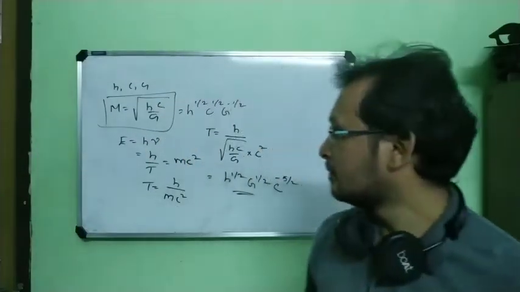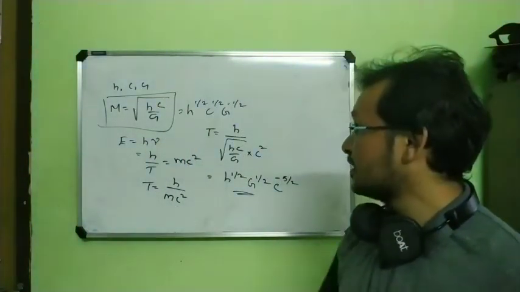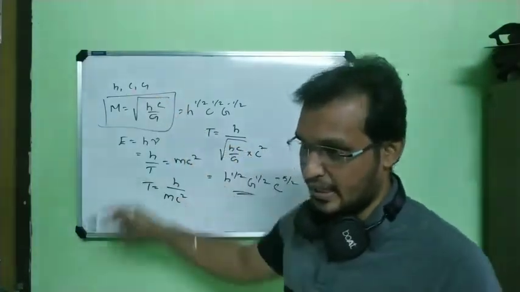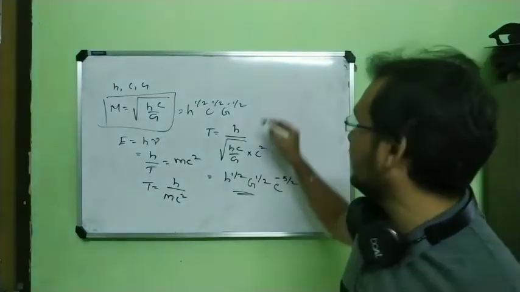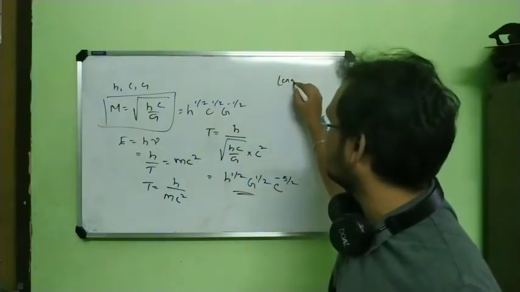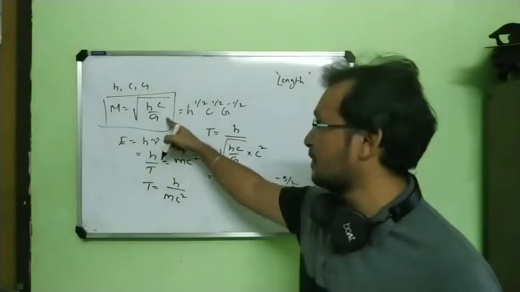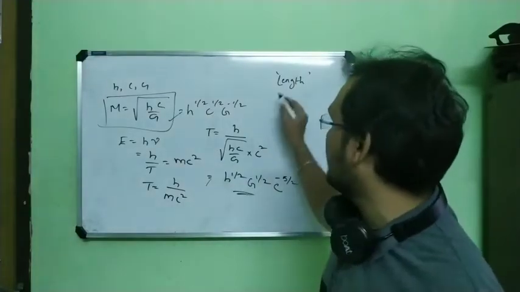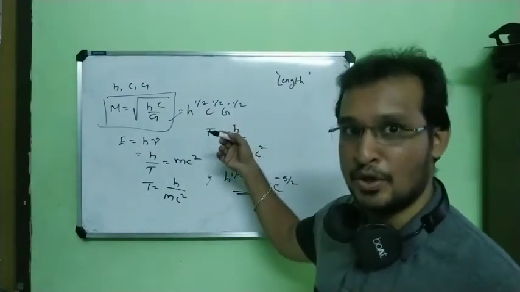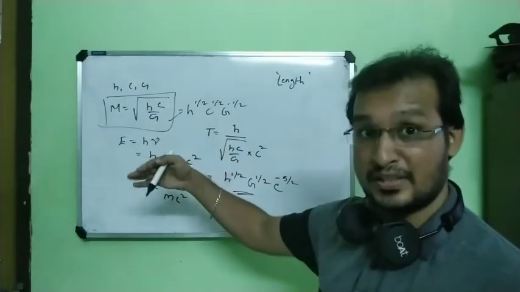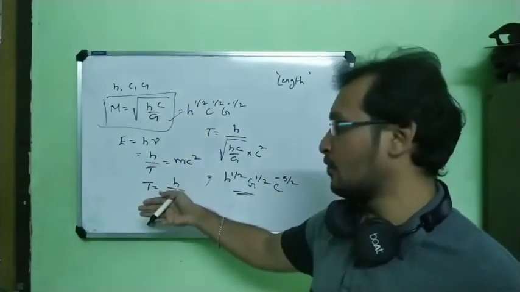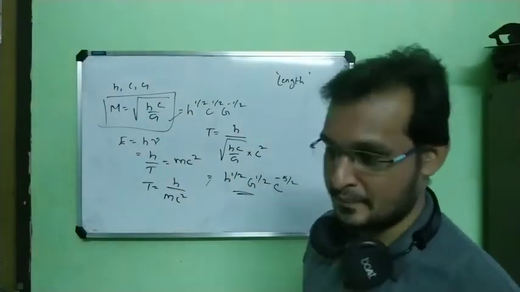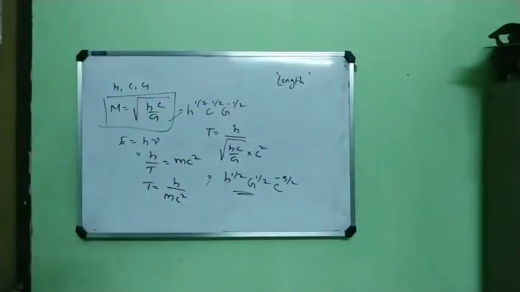Okay, understood. So this is my homework question. Same question. If h, c, G are taken as fundamental units in a system, what is the dimension of length? So find the dimension of length in terms of h, c, G. You got the dimension of mass, you got the dimension of time. My question to you, find the dimension of length. Just comment it. I want to know how many of you are doing it. Don't go for the traditional method of solving for a, b, c. Just think like this. Take a screenshot.